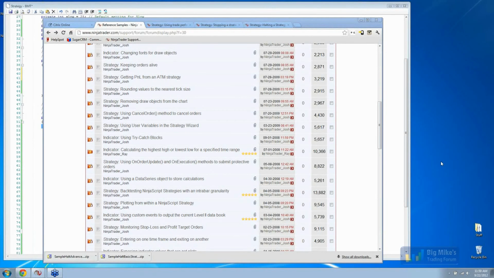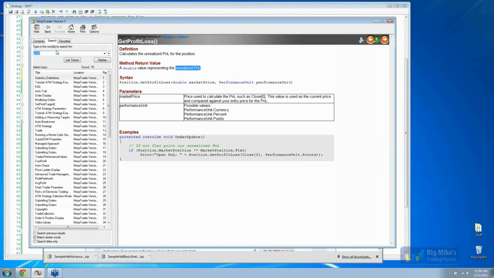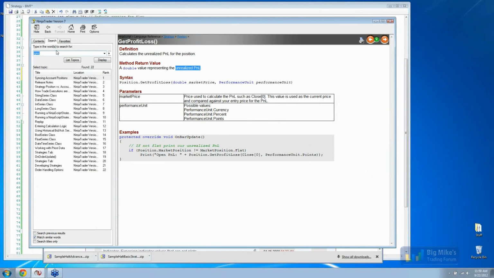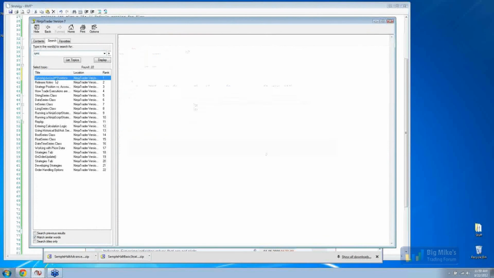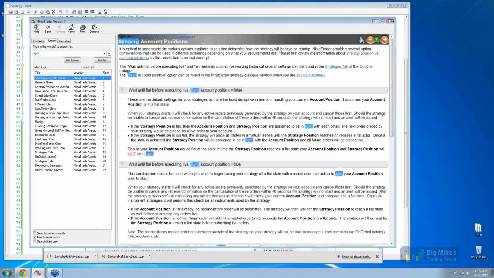Wolfgang, would you spend some words on robustness in order sync to brokers after breakdown? Wolfgang, that's a pretty big topic for synchronization, but what you can do is, if you search in our help guide and you just search sync, there's an article called syncing account positions,